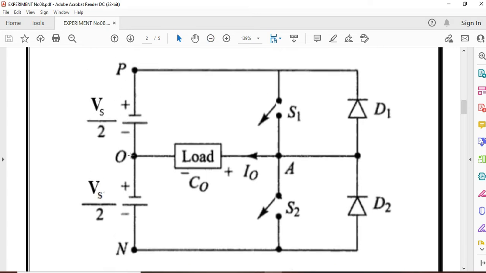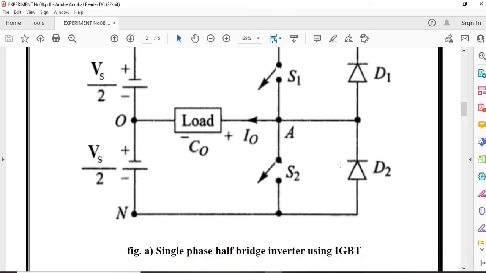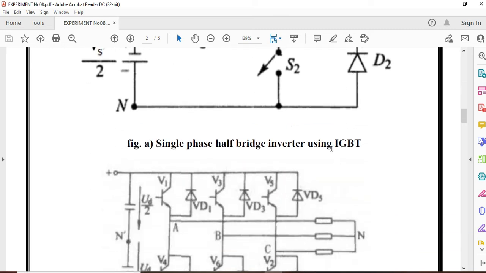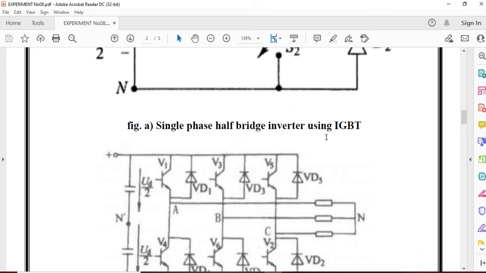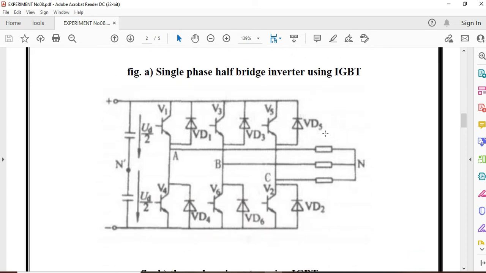First of all, in a positive half cycle, as this turns on, the circuit goes through your load. In the negative half cycle, this turns on and again goes through the load. Means in each cycle one thyristor and one source is operating. In another cycle another source and another switch is operating. So in this way for the half cycle it is operating. Similarly for the full cycle the other thyristor is operating.